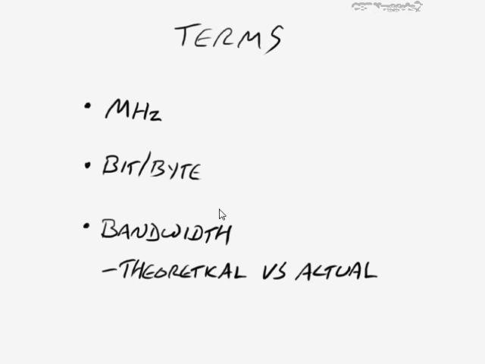Anyway, I do hope that you all have enough bandwidth to get the things done that you need to get done. But when it comes to bandwidth and calculating the bandwidth, we first of all have to understand terms that are relative to it, because it's all really just about math. The first thing to understand is megahertz. That's the abbreviation you'll see for it, capital M, capital H, lowercase z, and that is for megahertz.